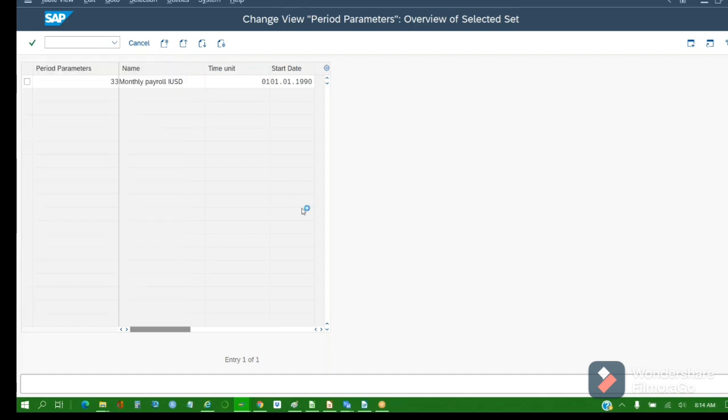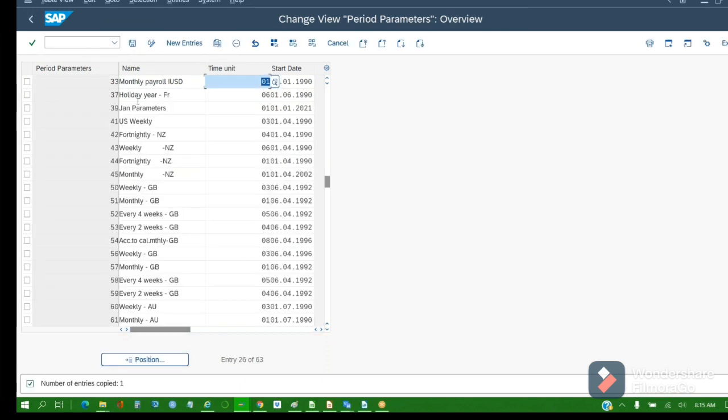Even the payroll dates, you can scroll to the right side and check. So for the payroll date, the start date they have given is 01/01/1990. This is the standard date payroll has provided. So if you keep that date, it will be easy for you, and you will not have any output problems. So press enter and save this. It has accepted.